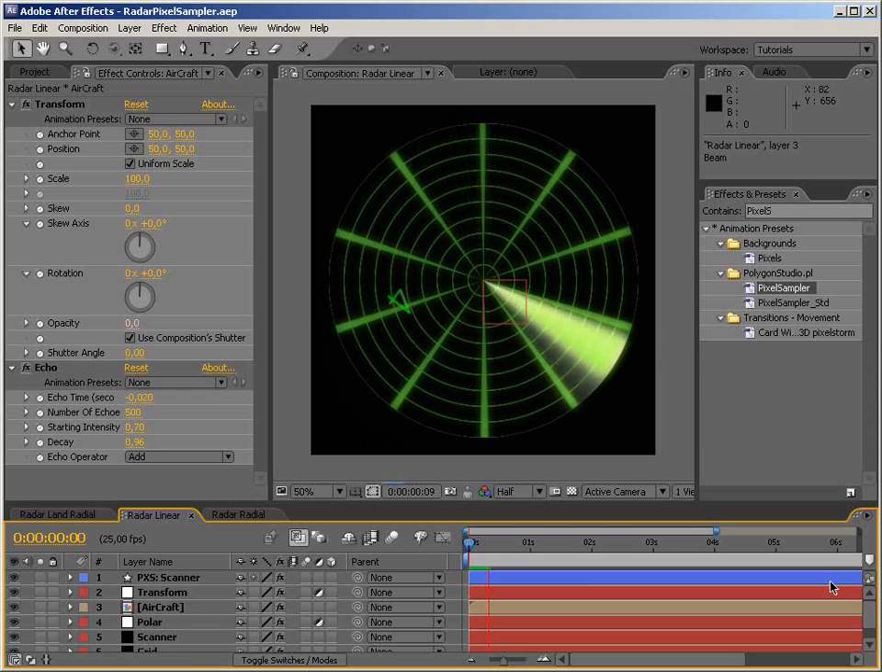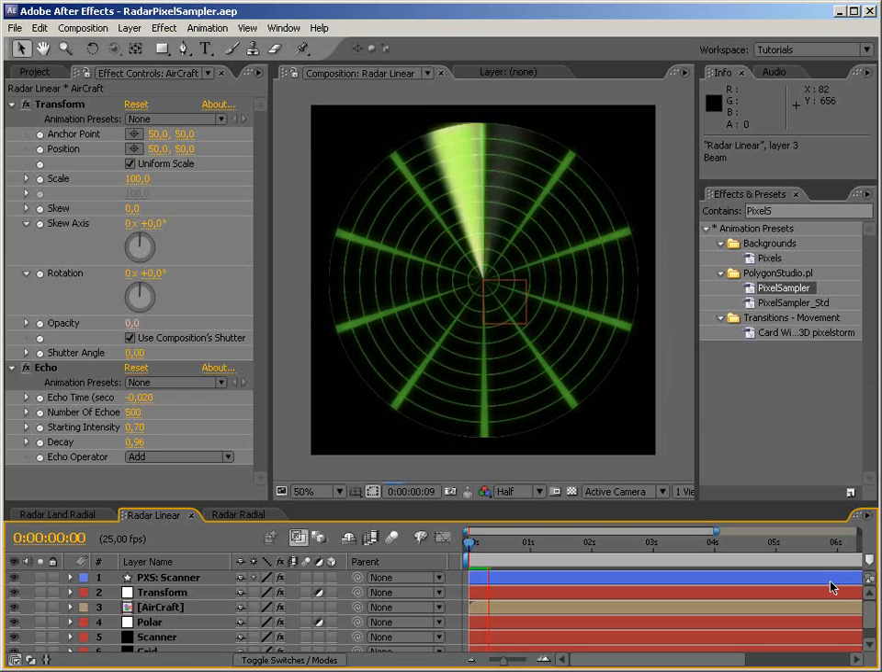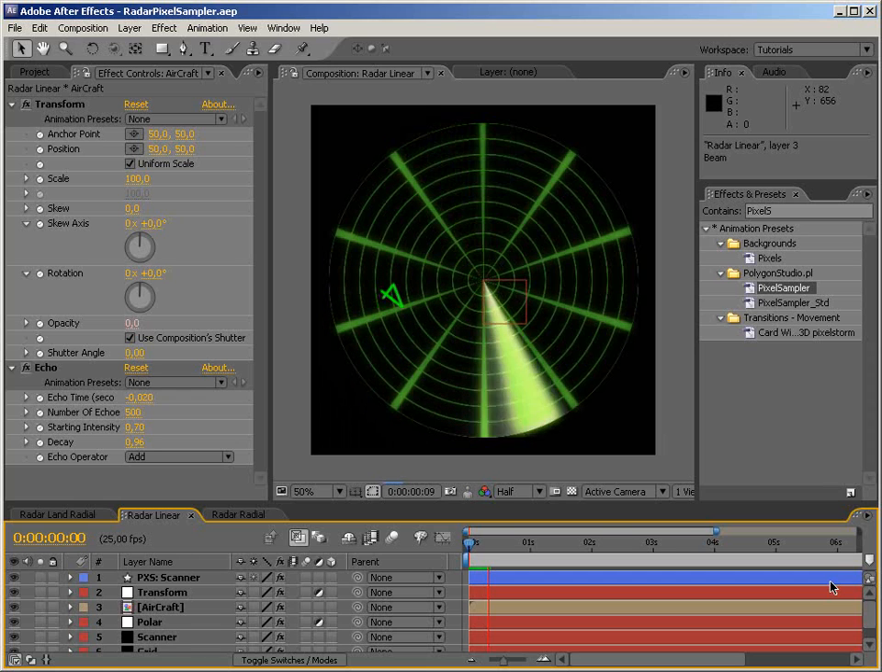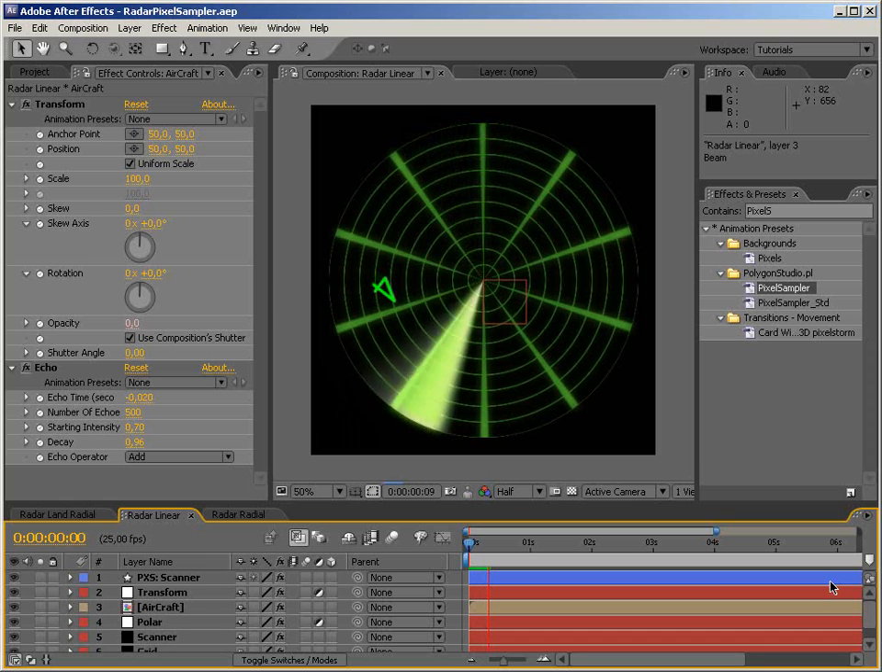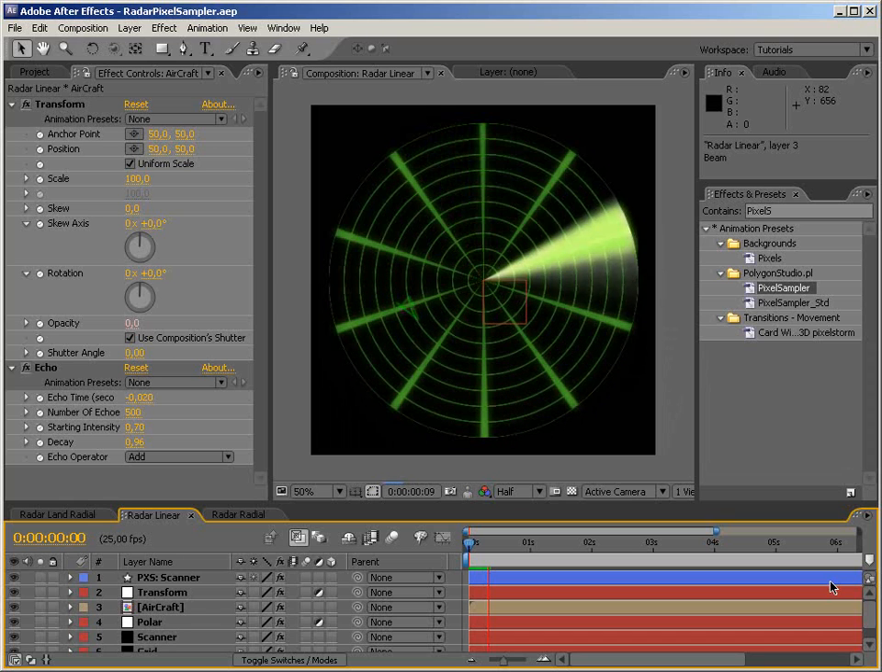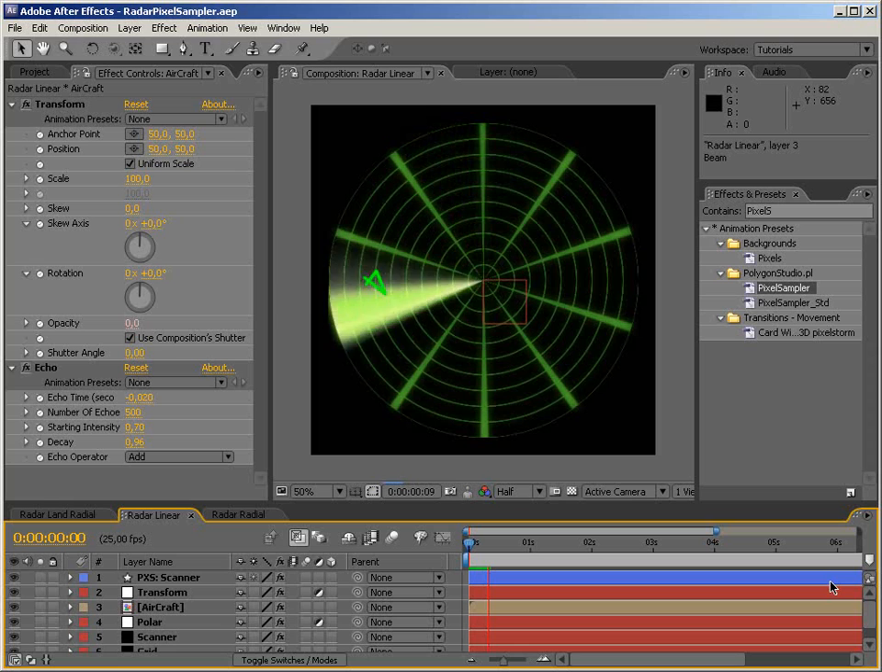Ha! How cool is that? Practically no expressions. Everything's done automatically, so we did an automatic collision detection without expressions, and I hope that you will enjoy these custom effects, because I've really put all my heart into them, and I've tried to make them